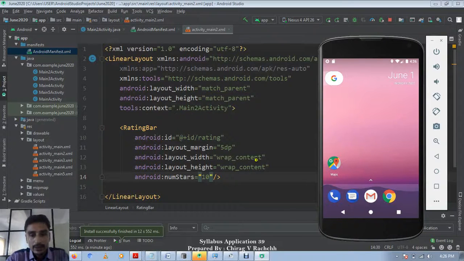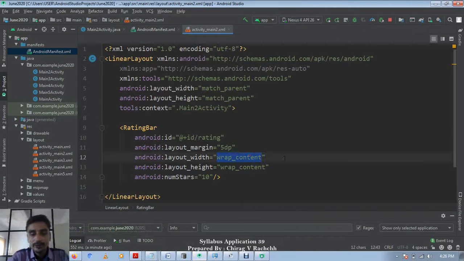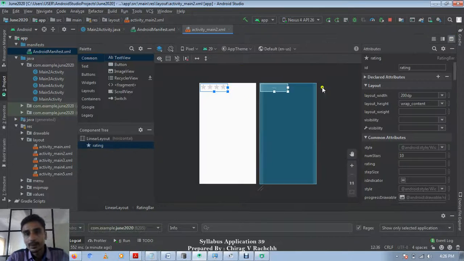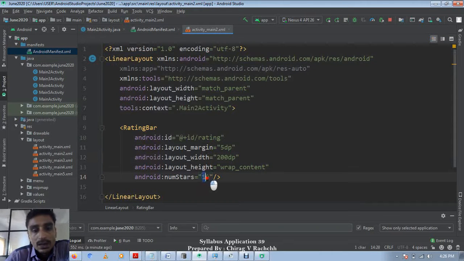Or we can also set the width, suppose 200 dp. In that case it is showing only 4 stars. So numStars is our request to show that many stars, but according to the screen's width it will show that many.